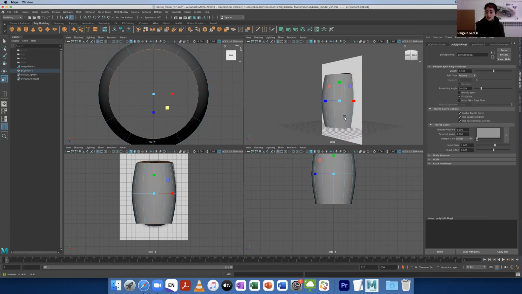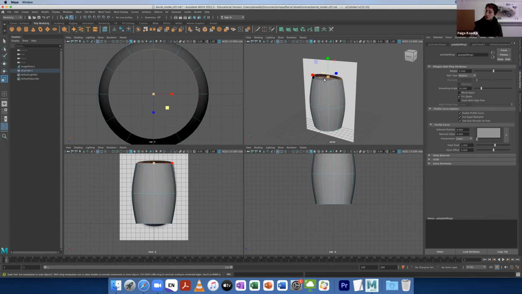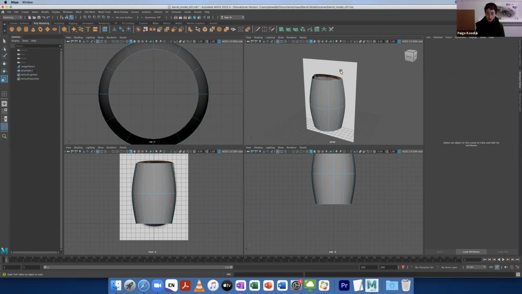It's coming together nicely. I don't need to add anything else. It's totally fine the way it is. So what I'm going to do now is start to do some extruding and some beveling in order to create that lip. So if we look at the reference image quickly,